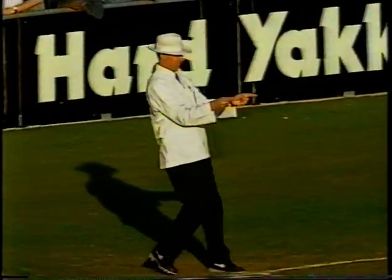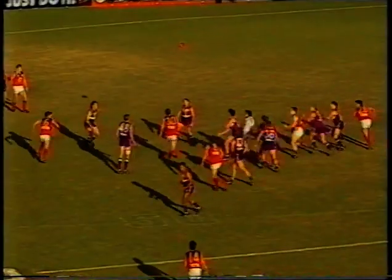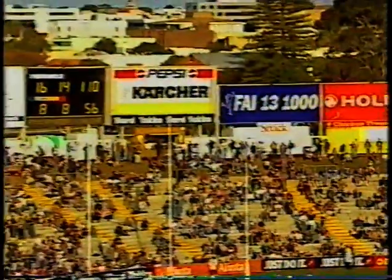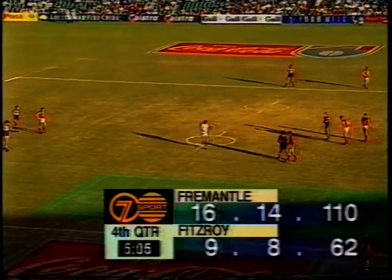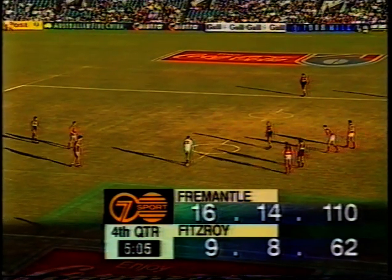Pike, that's a good kick for a goal. So Martin Pike gets on the scorers list. It hasn't been the day that Fitzroy wanted whatsoever. It really has belonged to the Fremantle Dockers right throughout. Pike here getting what is a very late goal, but it's very commendable to Jared Neesham and the recruiting staff of the Fremantle side. They've been able to assemble players like Durkay, Chisholm, Abraham, McManus, Leach, all players who had never looked like playing league football, but had been probably overlooked by other league scouts at different times, but now